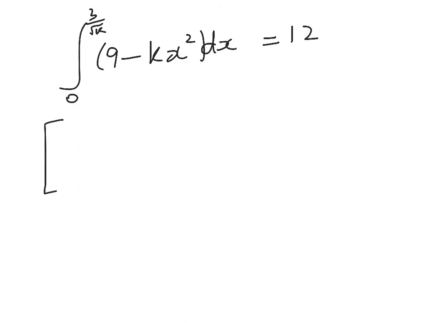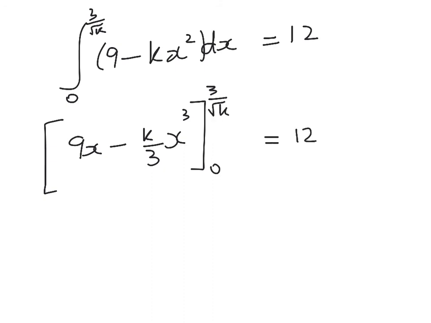So we're going to have 9x minus k on 3 x cubed, 3 over root k for the top limit, 0 for the bottom, equals 12. And you can see already that when I substitute in 0, I'm going to get zeros popping out, so that's nice. So we have 9 times 3 on root k minus k divided by 3 times this